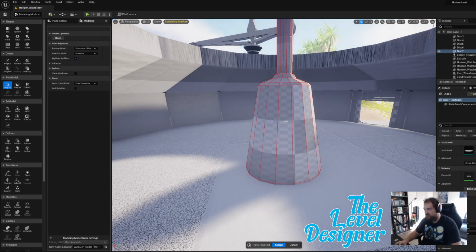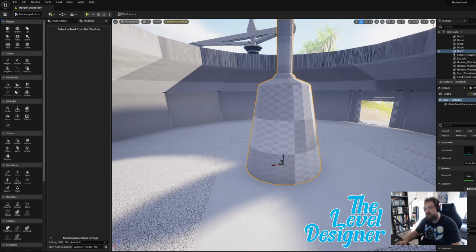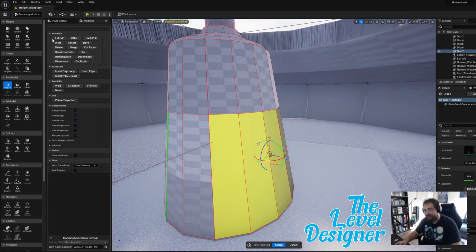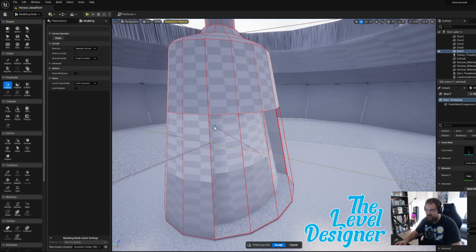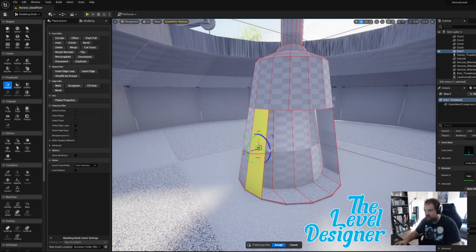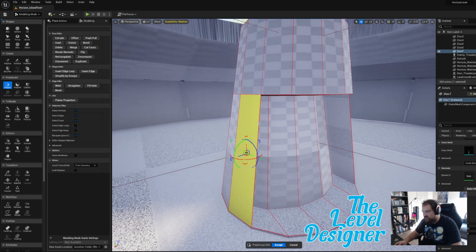Actually, I'm gonna go ahead and insert an edge loop here. I'm gonna hit accept just to save whatever process. I'm just gonna see what happens if I extrude this back. Okay, it doesn't look like it's gonna be too bad. And I might go in and just try to